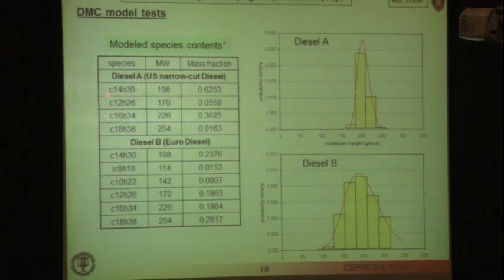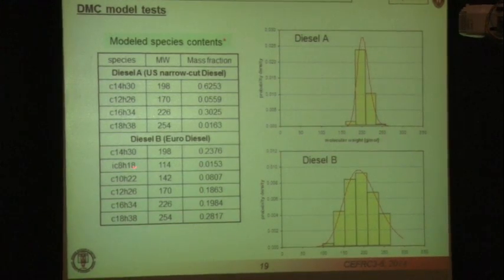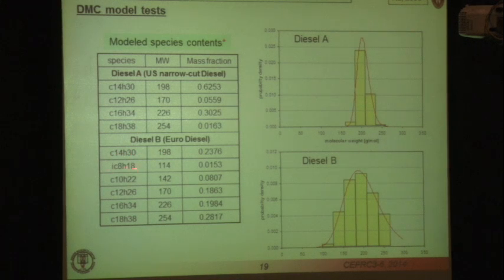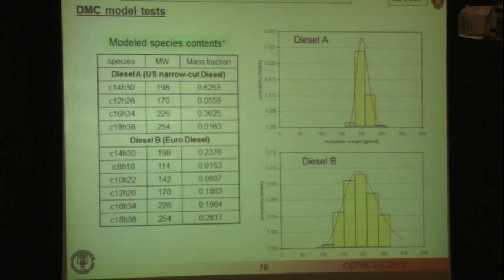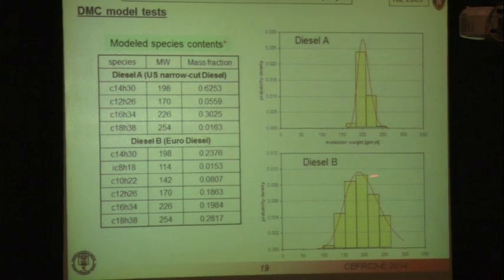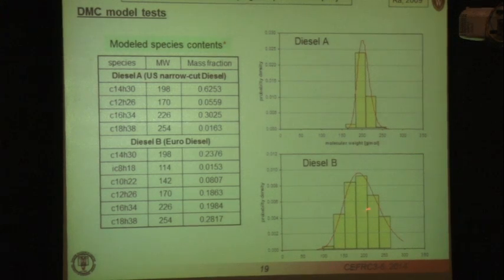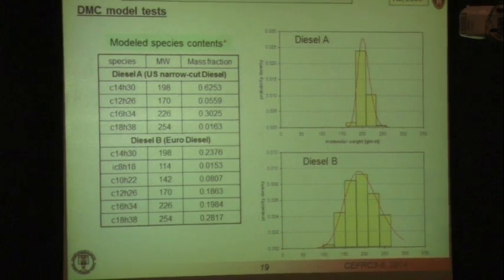What are these species? Well, they range from tetradecane to octadecane here for the narrow cut diesel. Here we have tetradecane. We even have an isoalkane here, and up to the octadecane. So given a particular fuel, if you know how to choose the surrogate components, you can represent the molecular weights just like we did when we discussed the continuous distribution, which would be the red lines you see here. But now we're going to track each of these components separately. So basically that adds 6 partial differential equations to your model, because you need 1 partial differential equation to track